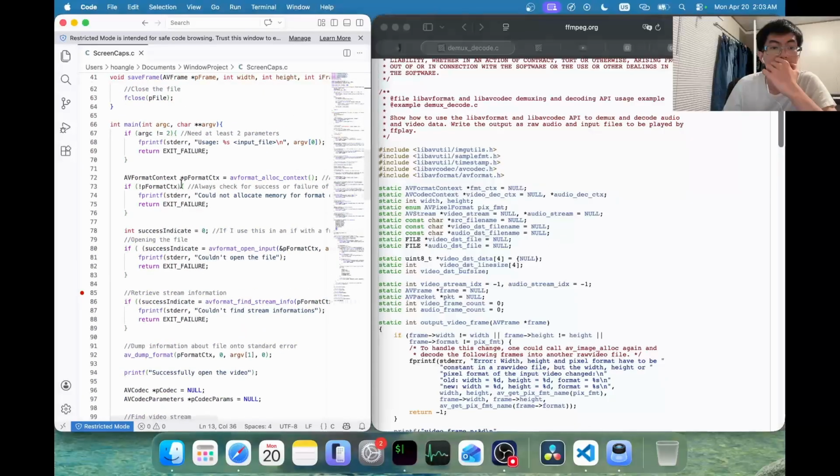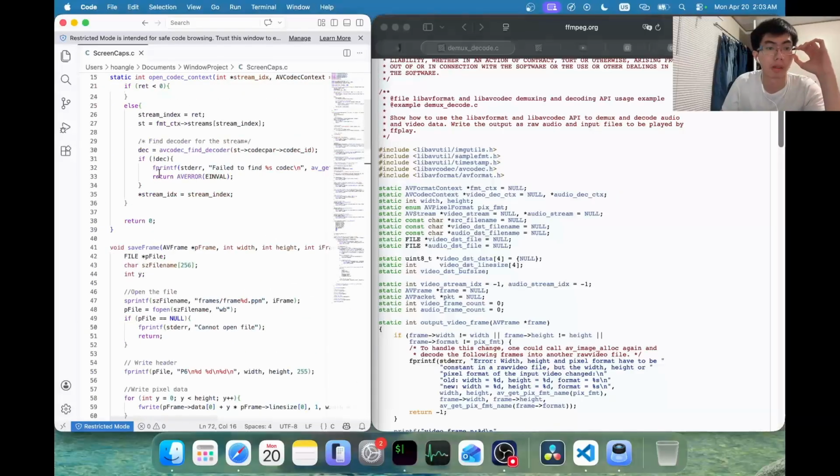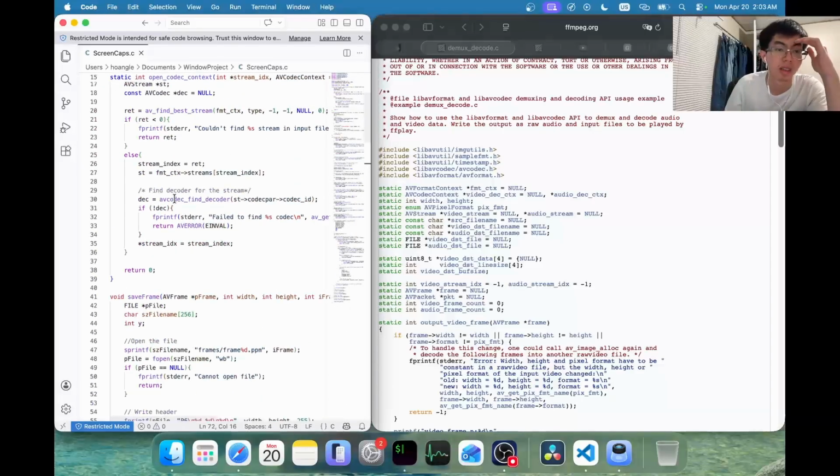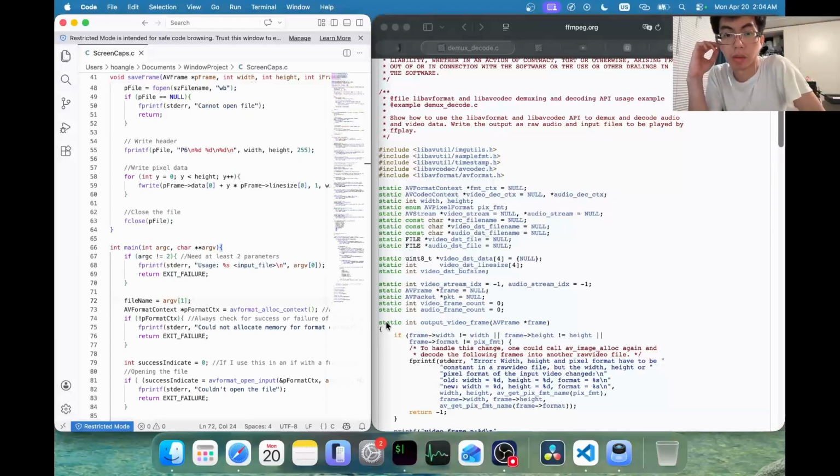Let's see if that's correct. Then file name equal one. And just one more error,